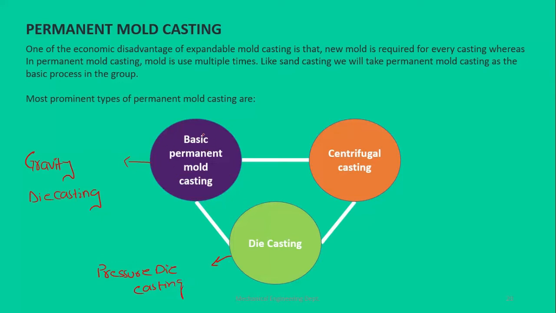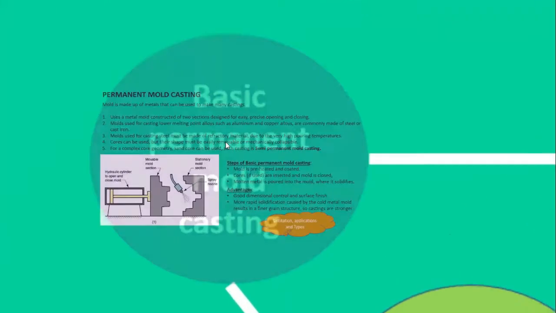Why is that so? Because in this kind of permanent mold casting, the metal flows by the effect of gravity, while in the case of die casting or pressure die casting, we exert external pressure to squeeze the molten metal into the mold cavity. And as the name suggests, in the third type, centrifugal force is utilized to fill the mold with the molten material. So if we start with the basic permanent mold casting or the gravity die casting,